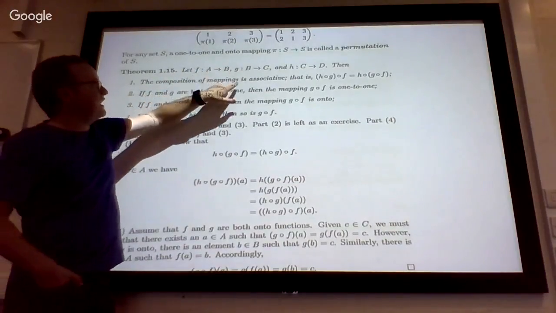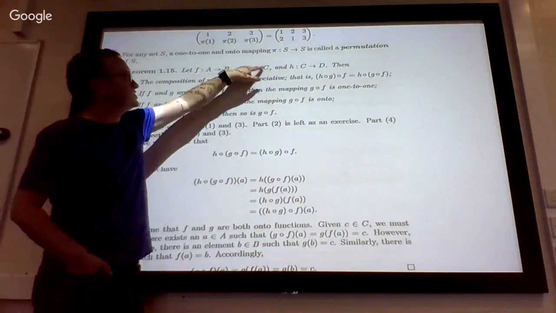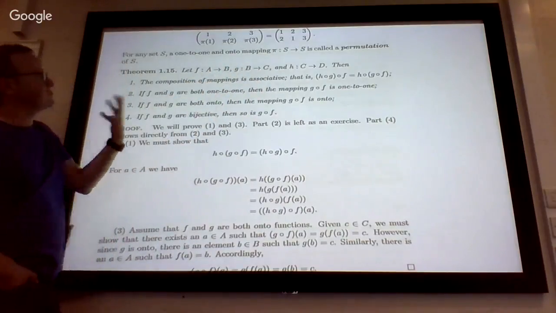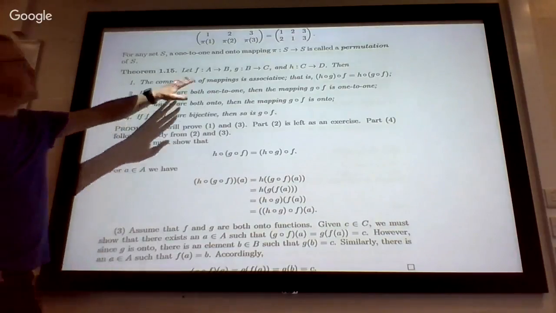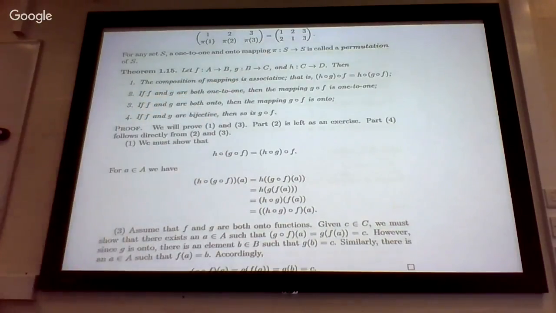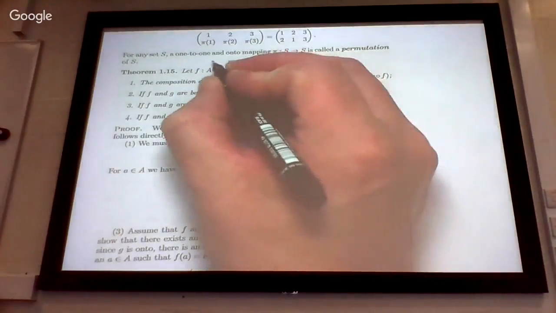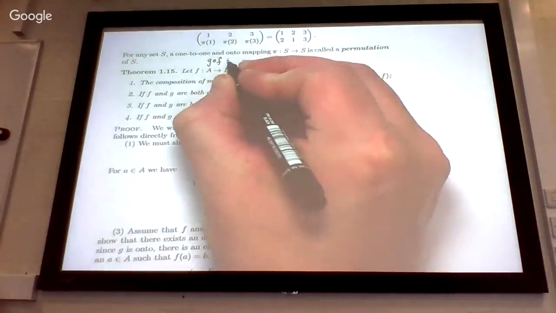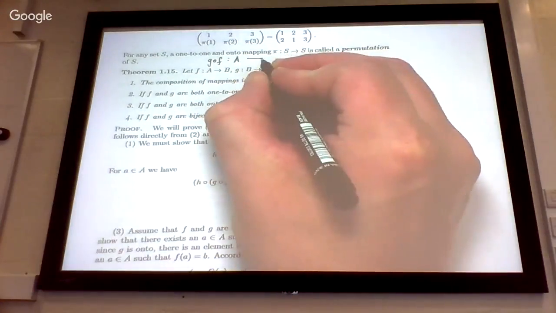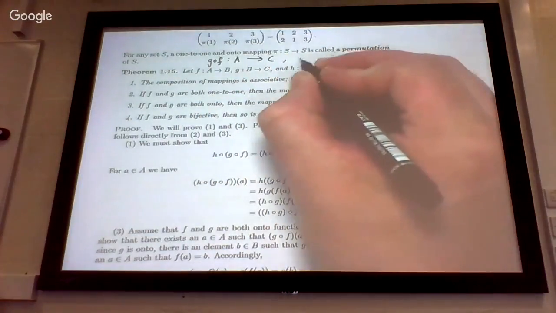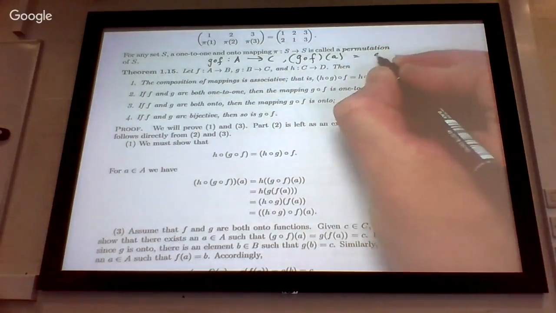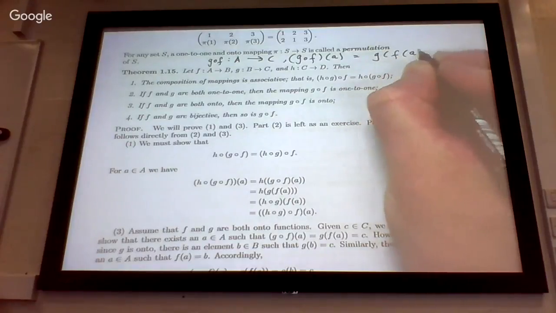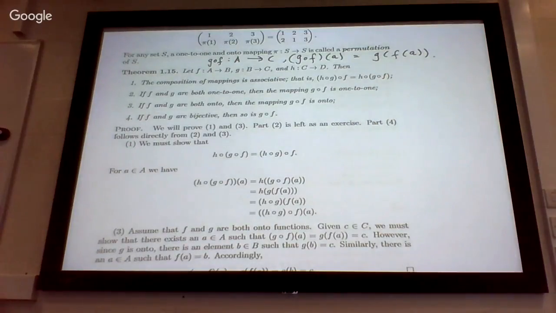Applying f first to a, and then immediately following it with the application of g to the values that you get out of f. That produces a function g after f. Remember, if you've got those two, you can glue them together to get a function g after f, which will be a function sending A to C. And the way it works is, what is the value that this function takes at an element a? Simply g of f of a. Okay, that's the definition of composition of functions.